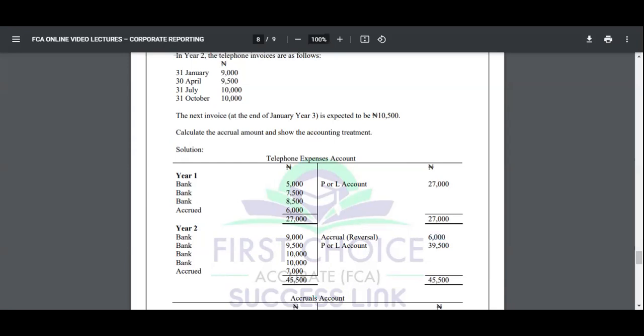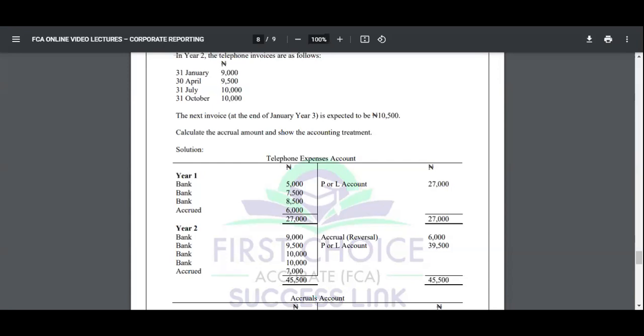So because they must have paid this 9,000 naira now, we have another April of 95, which must have been paid. July, it must have been paid in the next 3 months. October, must it have been paid? So we have October, November, December, January, the same 3 months. And we're expected to receive 10,500